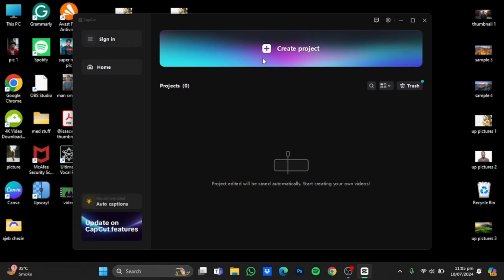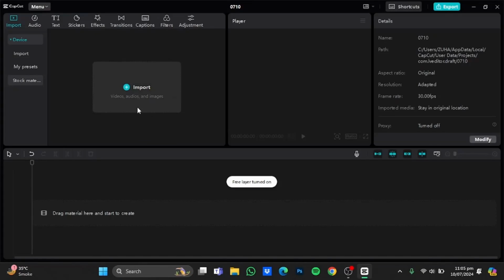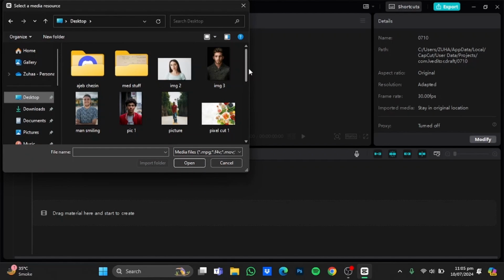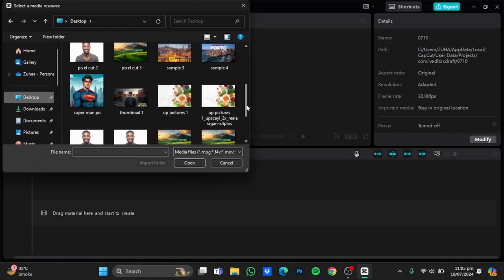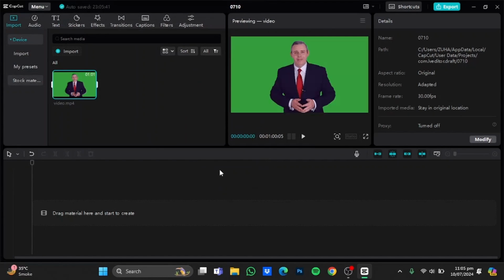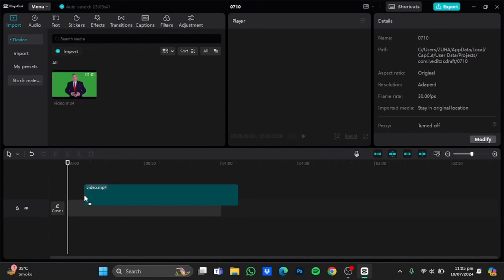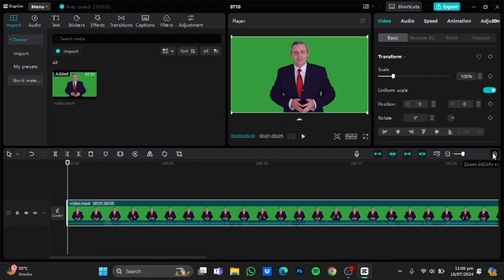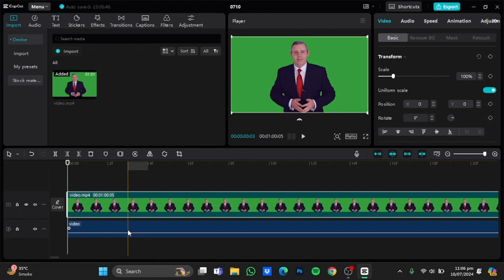And once you're in the editor, just create a new project and import that video. There it is. Just click on open and drop it in the timeline. Just zoom in a bit, and after that, in order to extract the audio from the video, click on Ctrl+Shift+S and the audio will be